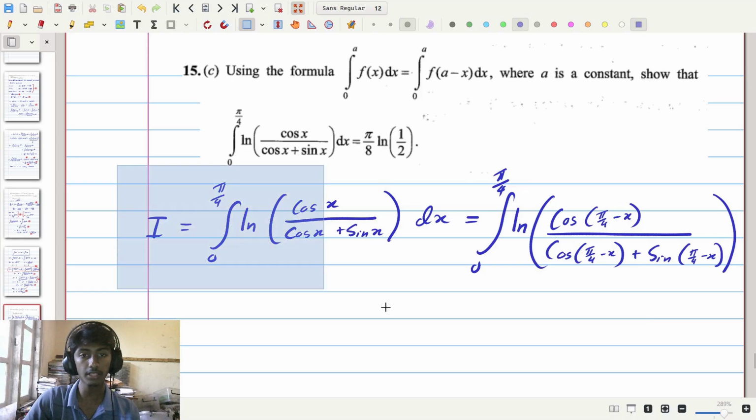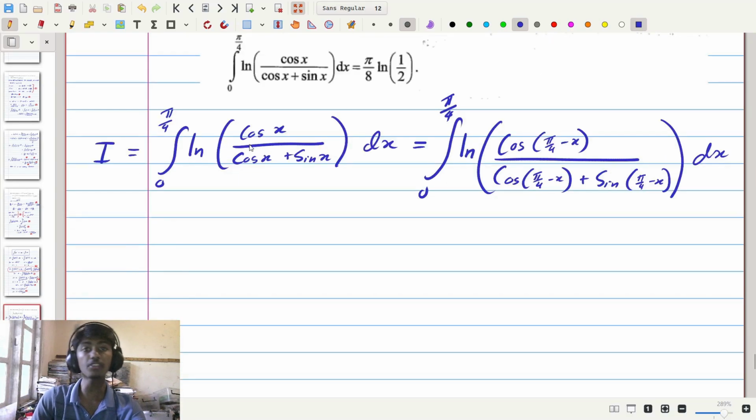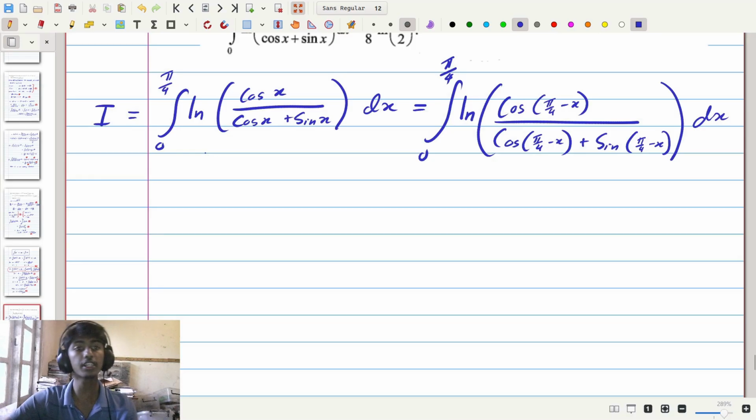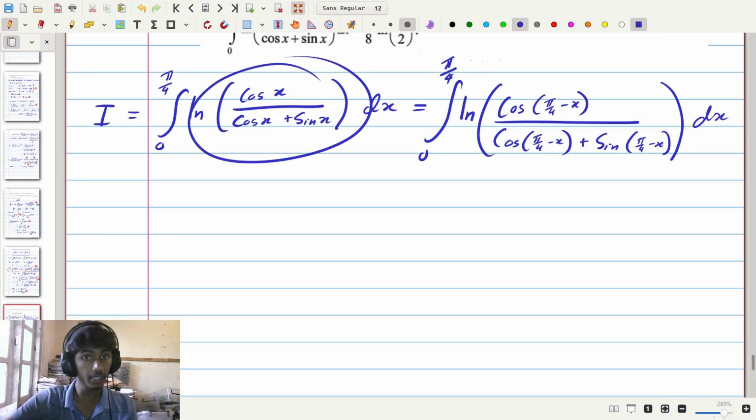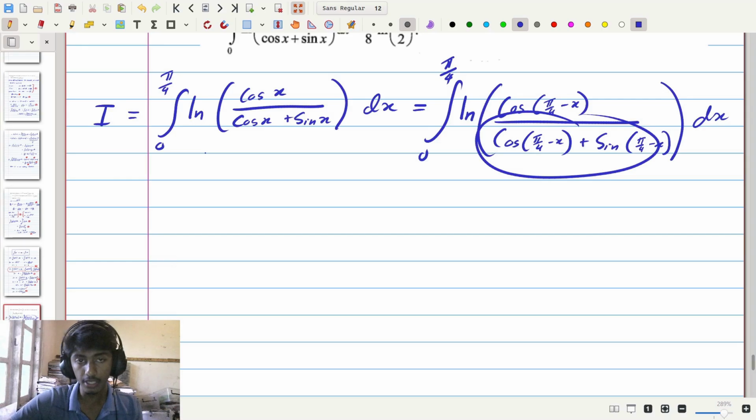I'll take this a little bit to the left since I've run out of space. We can write this all integrated with respect to x. So both of these integrals are equal to each other. The integral from 0 to pi by 4 of this integral and 0 to pi by 4 of this thing are exactly the same. But if we simplify these things down, we will see something interesting